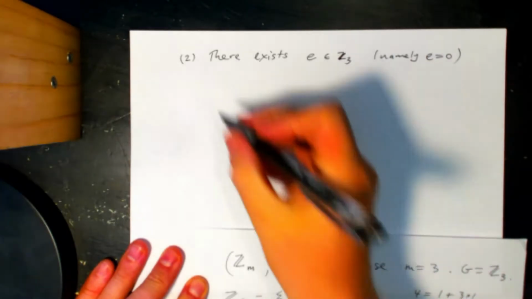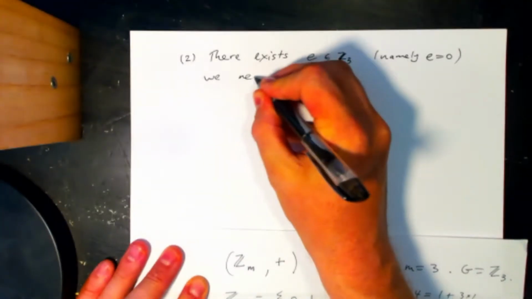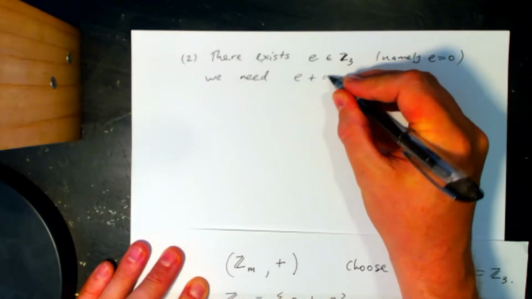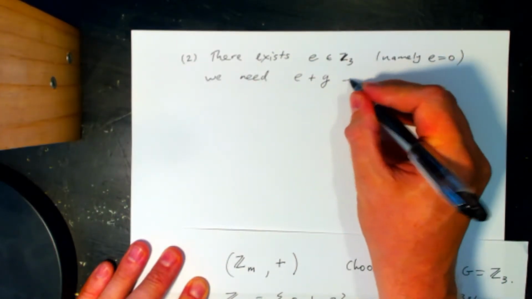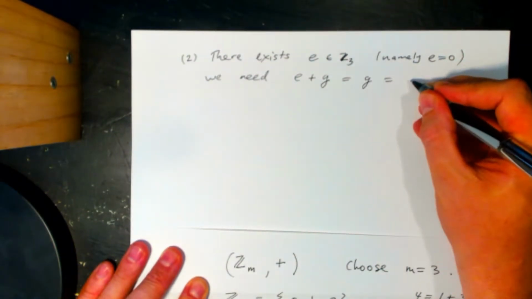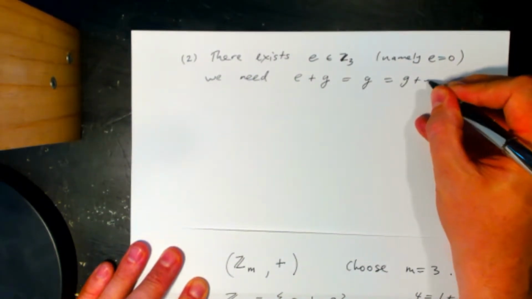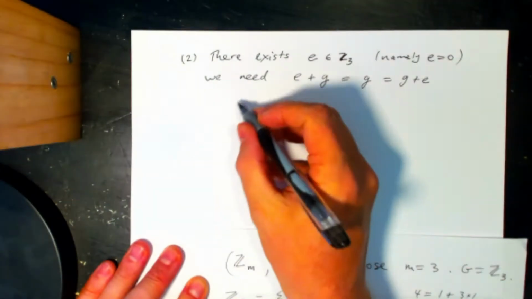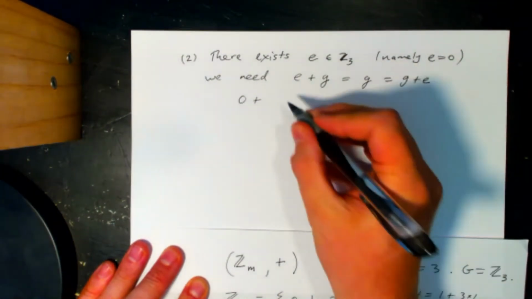Okay, now remember we need e plus any element g to be equal to g and equal to g plus e. Okay, so let's just verify this here. So if e is equal to 0, so 0 plus any element g,